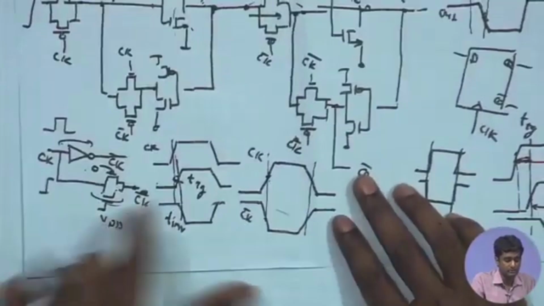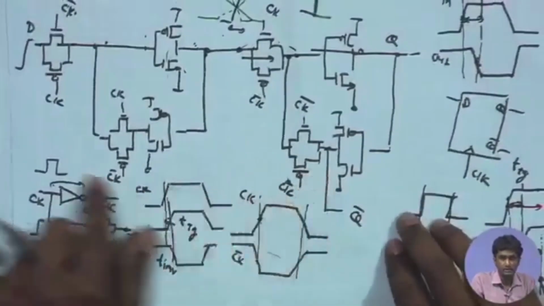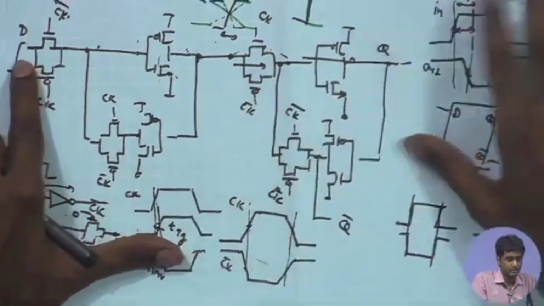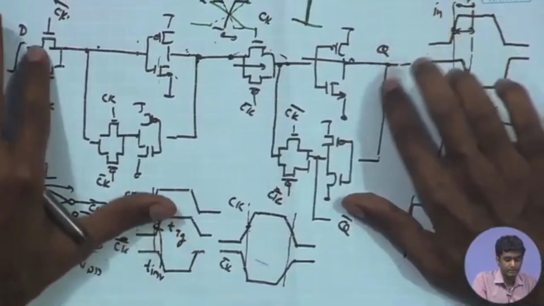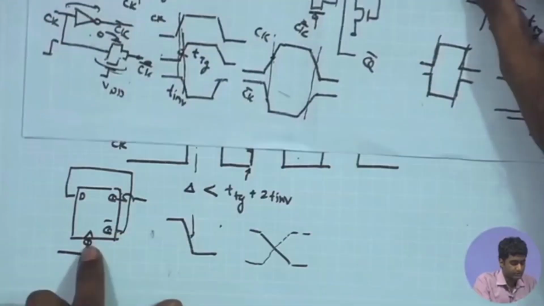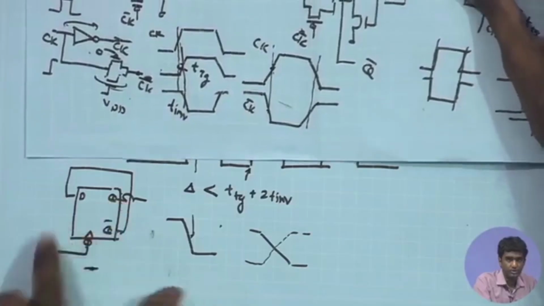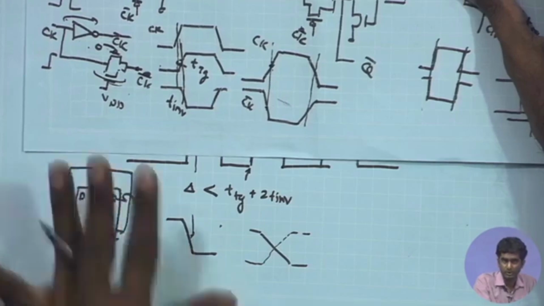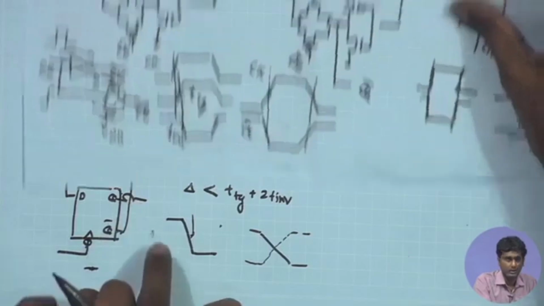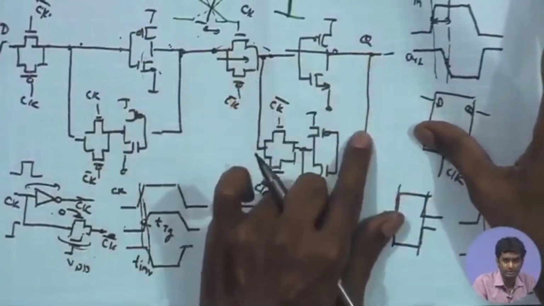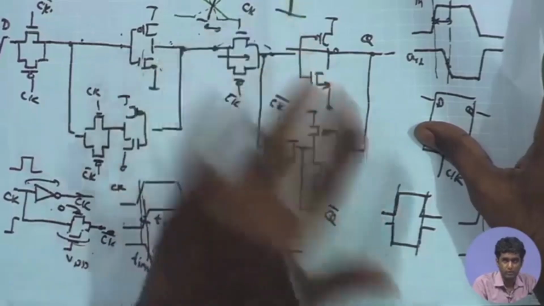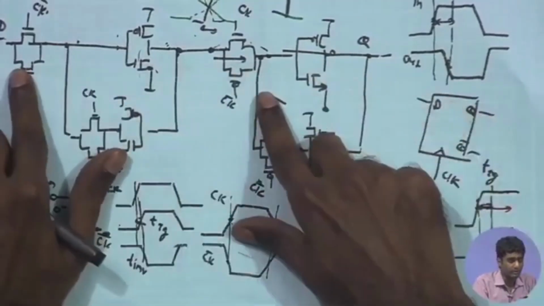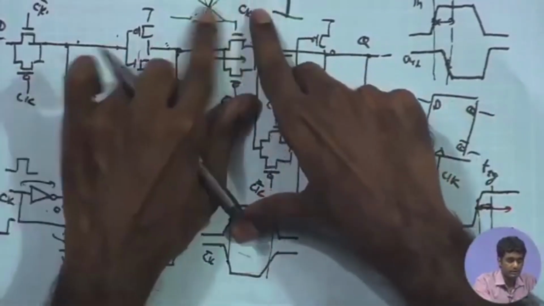So, basically what you have done is this Q bar in this circuit is connected to the D, and if you have clocks with slow transitions, my Q is supposed to change at the positive edge of the clock. Whenever there is a positive edge of the clock, Q is definitely going to toggle, that is the operation of the toggle flip flop. So, at every positive edge Q is going to toggle, going from high to low or low to high, and therefore, when you have an overlap between the rising edge of the clock